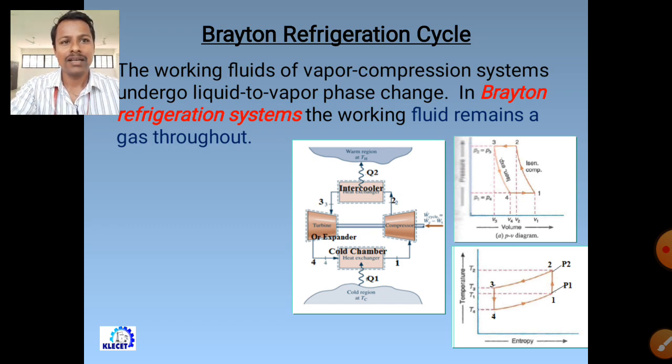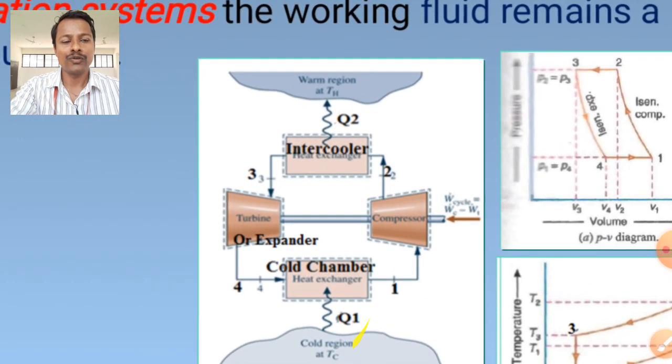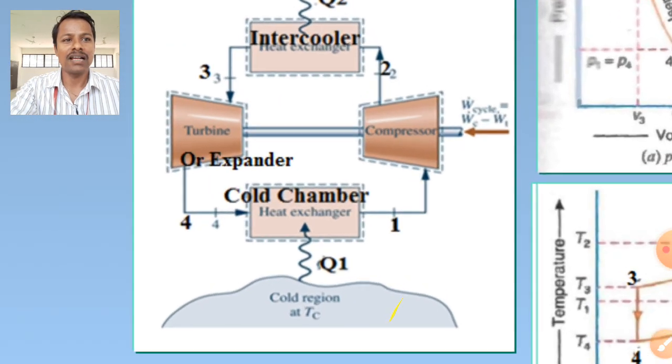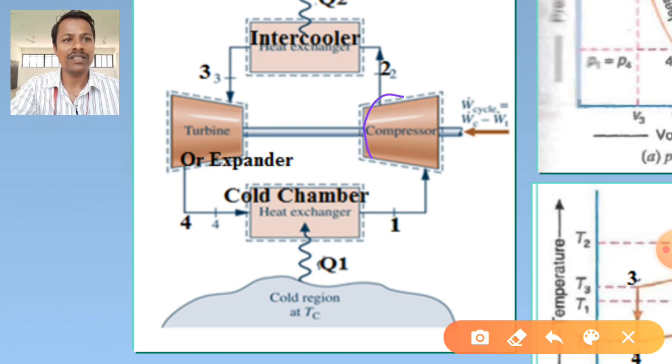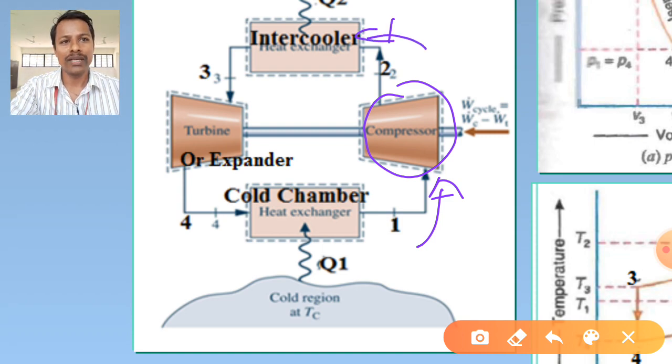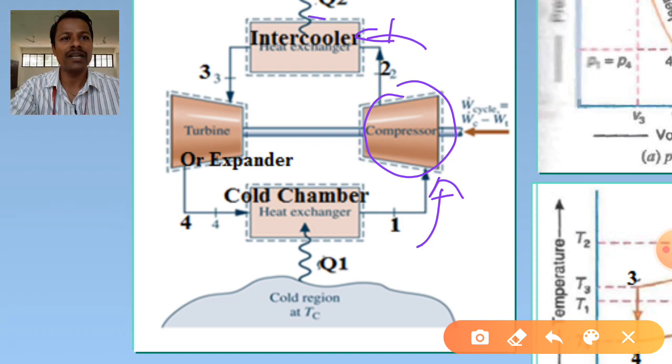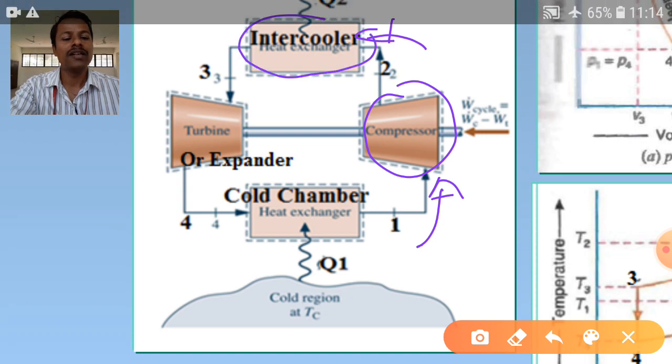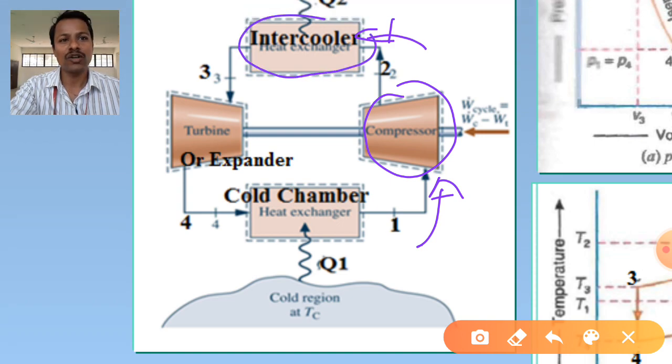The main components used in the Bell-Coleman cycle are, first, the compressor. This is the compressor device, and we send the air inside it. It compresses the air, then sends it to the next device, that is a heat exchanger device. We call it an intercooler in the Bell-Coleman cycle. In the problem statement they will mention it as an intercooler, so please remember the next device is the intercooler here.